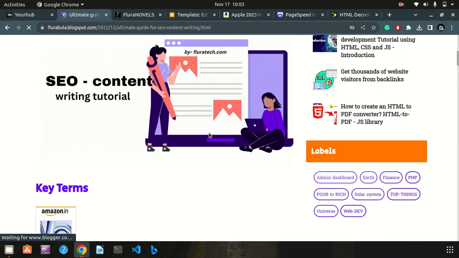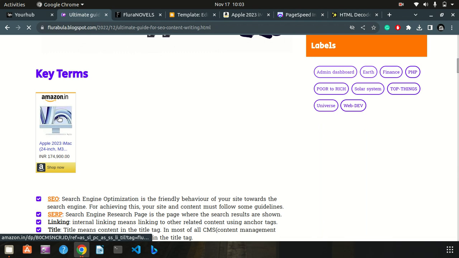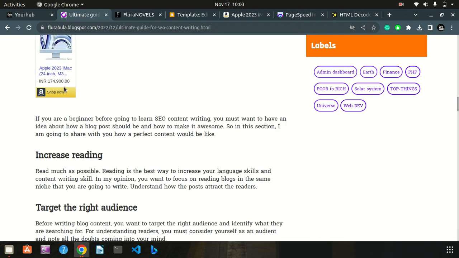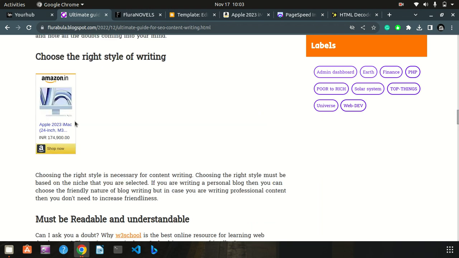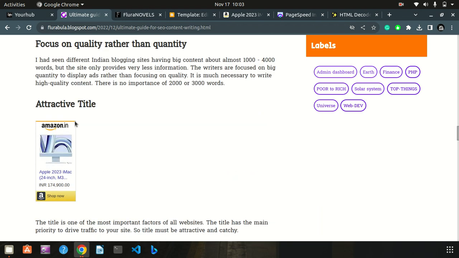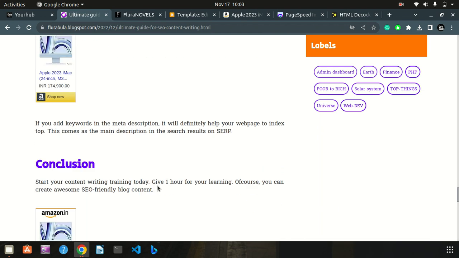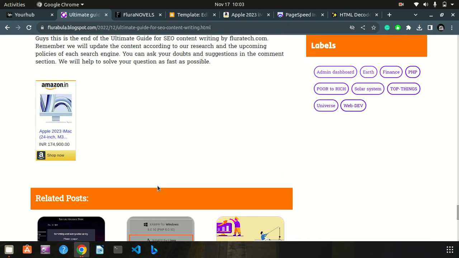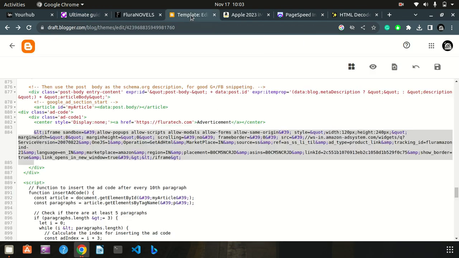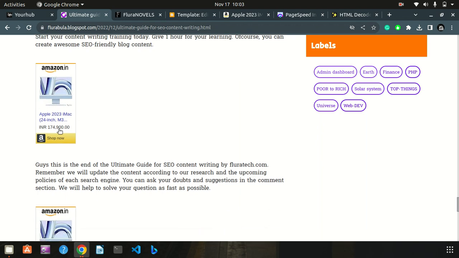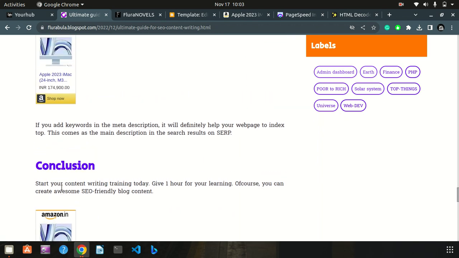So automatically displayed some paragraphs. You can see the ads. I only pasted the code one time on the Blogger template, but it displayed again and again. If I want to show the ads after some paragraphs, here you can see the ad is displayed after